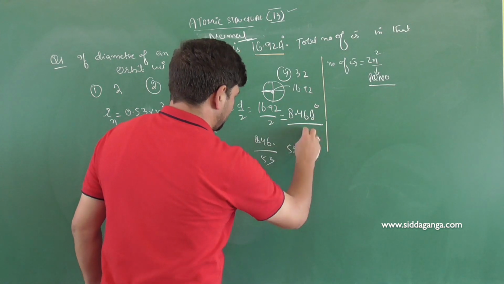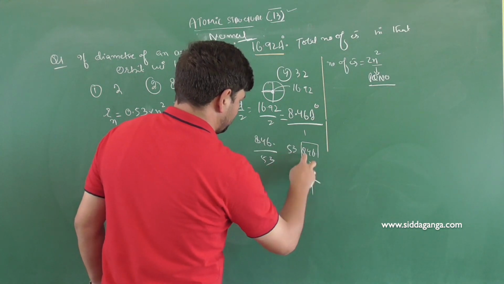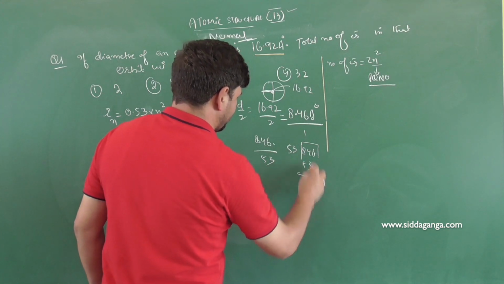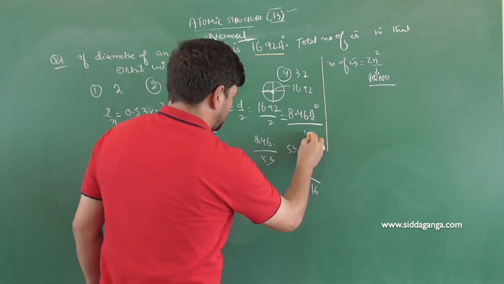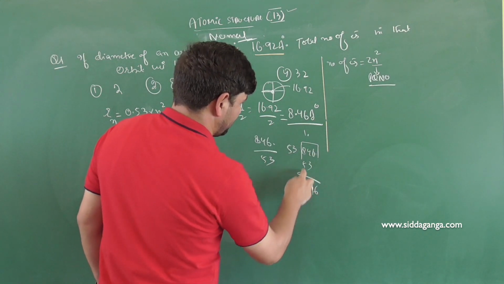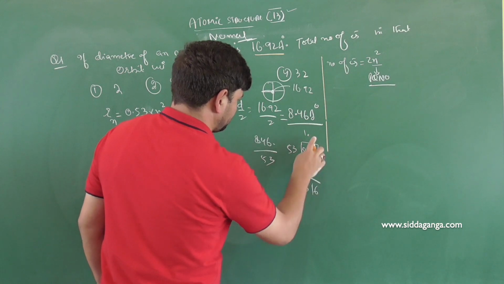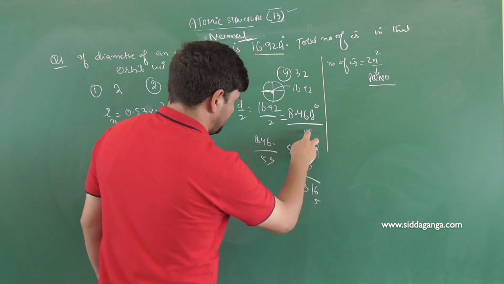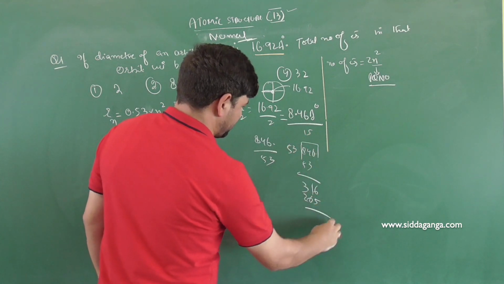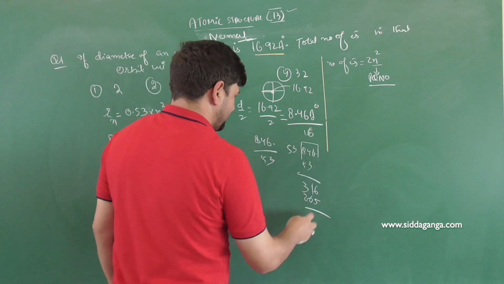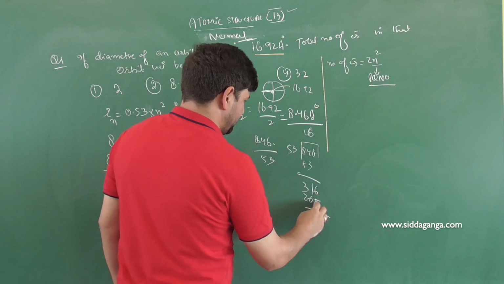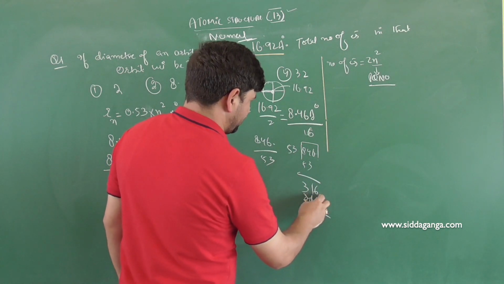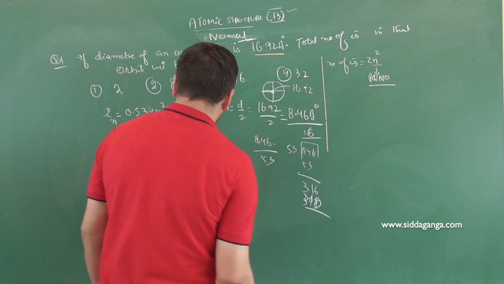846 divided by 53, it will be 1. 53, it is 1. 85 will be 3. 31 cannot be 6. So you got 1, sorry, it is 300 and how much? 31, 86 now. So 5, 5, 3, 15, 5, 5, 25, 1, 26, 265. So if I make it 6 here, 6, 3 is 18, 8, 1 carry, 6, 5, 30, 31. It will be 15.9, almost equal to 16.